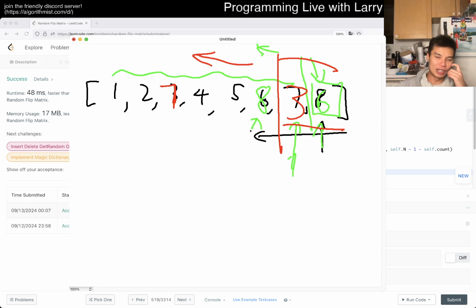So that's basically Fisher-Yates' idea off the top of my head. Like I said, if I'm missing some critical details, let me know in the comments. But yeah, that's the idea. So how does this relate to this problem? Recall that when I was first saying that